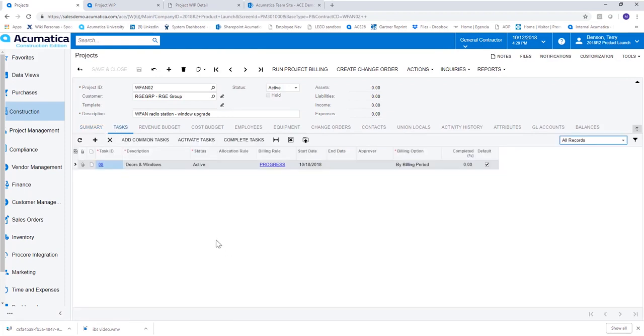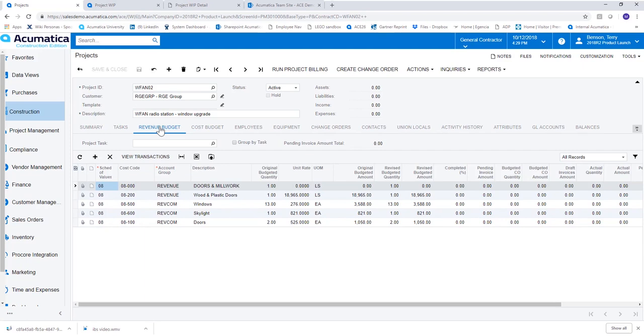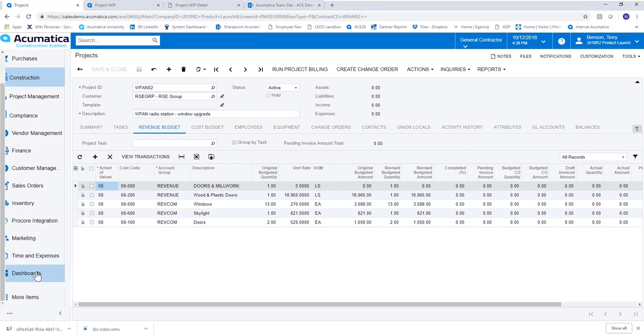And we can see the revenue side, budget side, cost, and revenue that the project was generated from a project quote. So the ability to create a project quote and then turn that into a project also exists in Acumatica Construction Edition. Pat has a lot going on, as you can see, so let's go take a look at another dashboard,